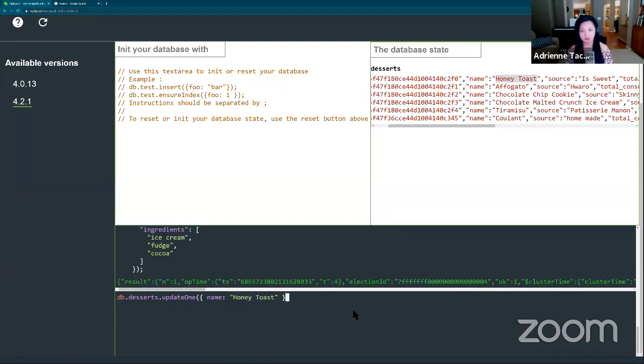So that's our matching filter. This is going to say, go to our database and go to our desserts collection and look for any documents that match the name honey toast. That's where we are so far. So that's the matching filter. We add a comma because then the next object we pass is what we actually want to update it with. It would be